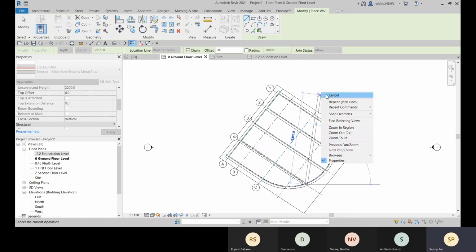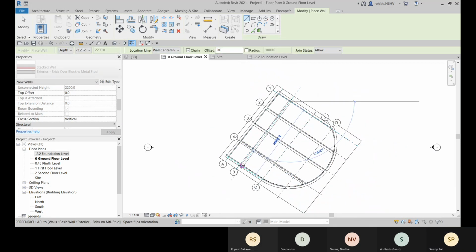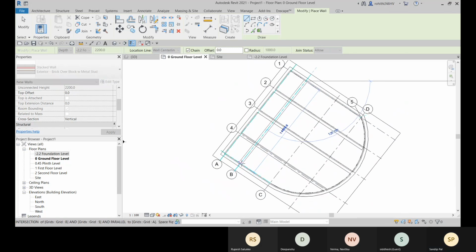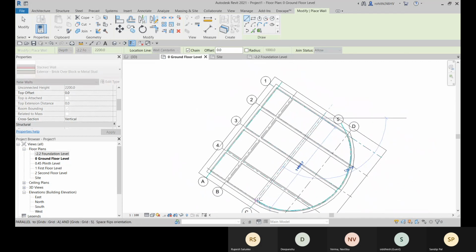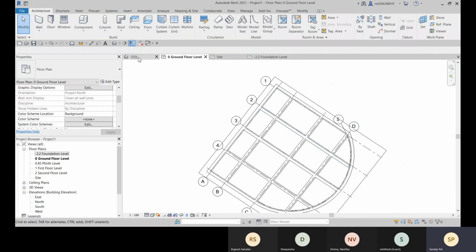All right. Let me go with this. So these are placed, and here you can see.